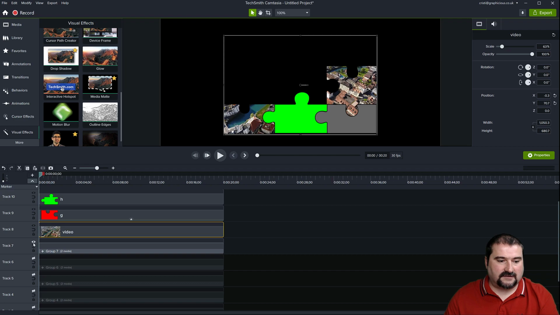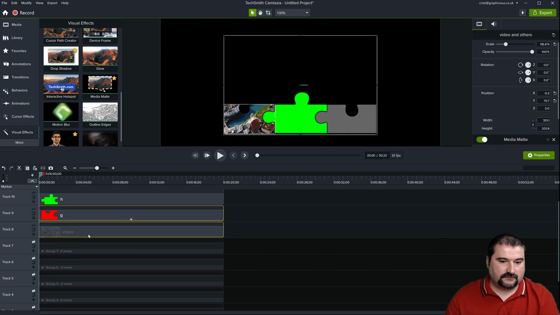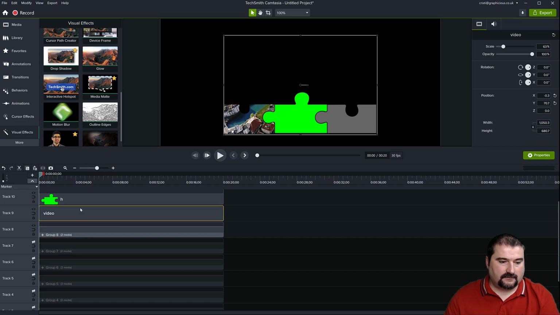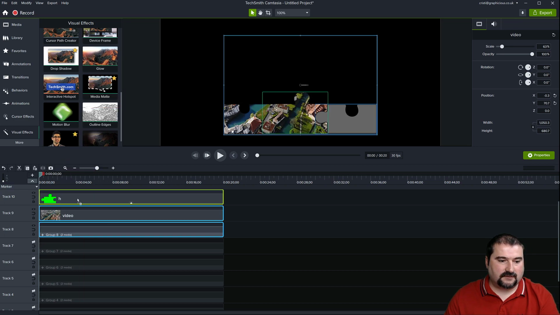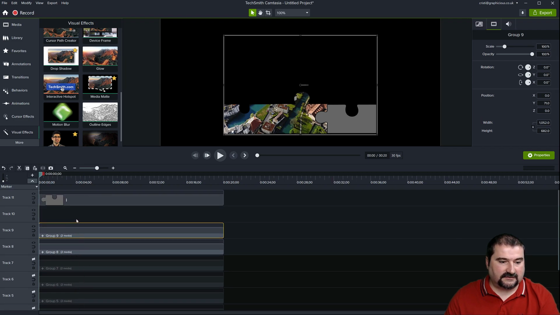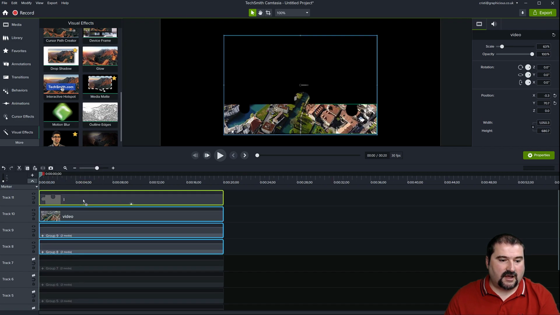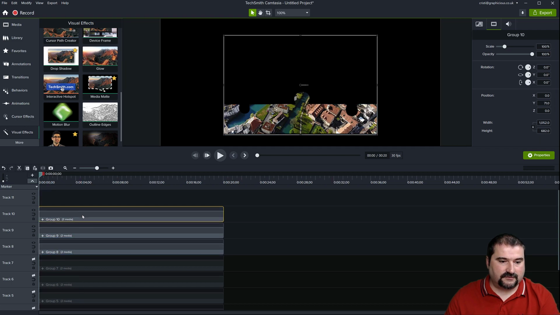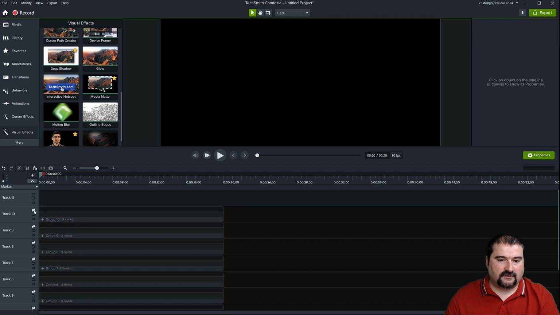And you can see that the different chunks of video disappear. And the video, group, H, apply media matte, select and group, and finally media matte on I and group. Here we go. So now look, as I'm turning them off, they are all gone. So that's part number one.